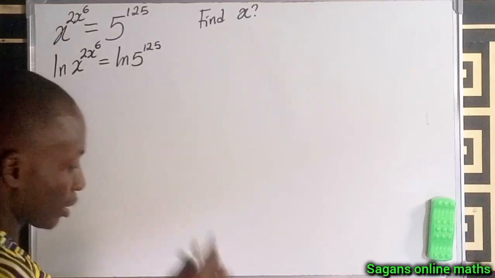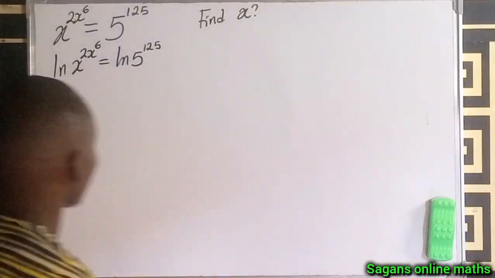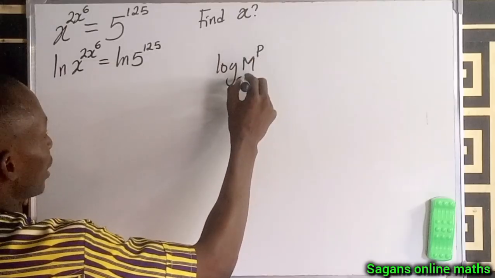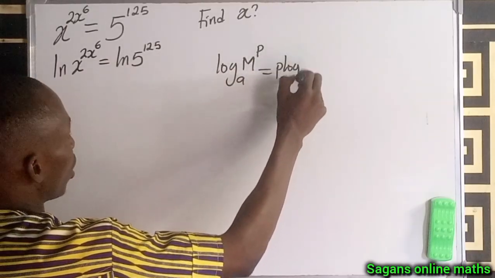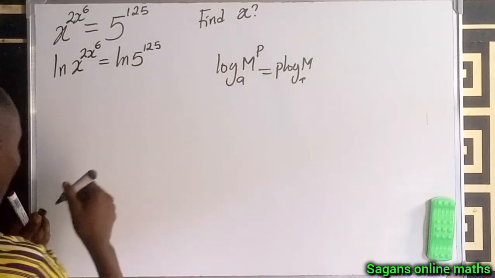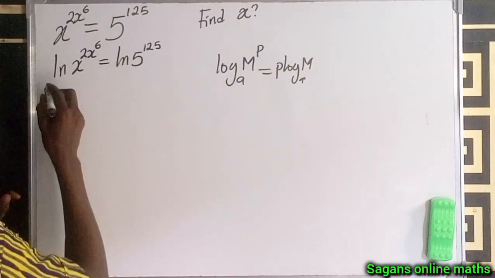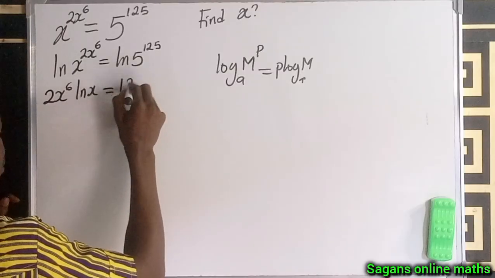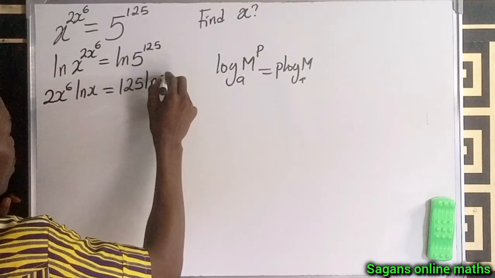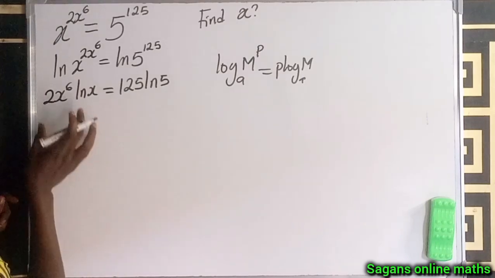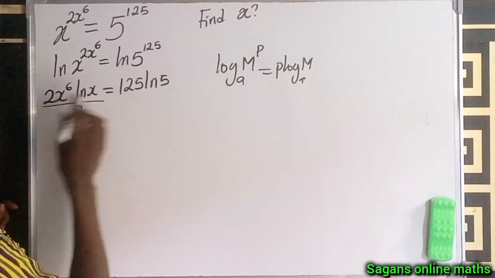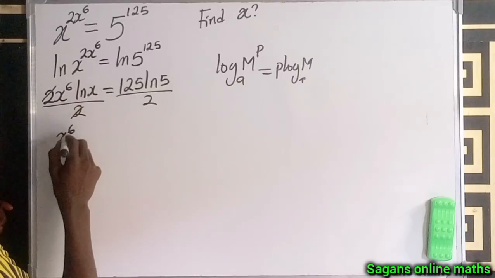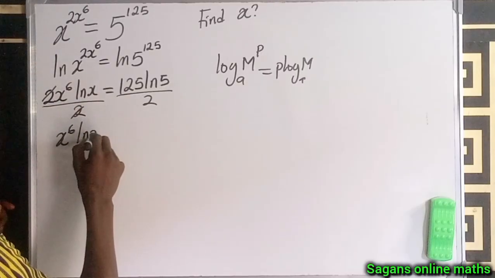Now we're going to obey one of the properties of logarithm, that if you have log m to the power of p base a, it equals p multiplied by log m base a, right? Now this becomes 2x to the power 6 ln x equals 125 ln 5. You're not wrong if you divide both sides by 2, because I'm going to remove this 2 from here and divide here by 2, and this 2 will cancel out this. We are left with x to the power of 6 ln x equals